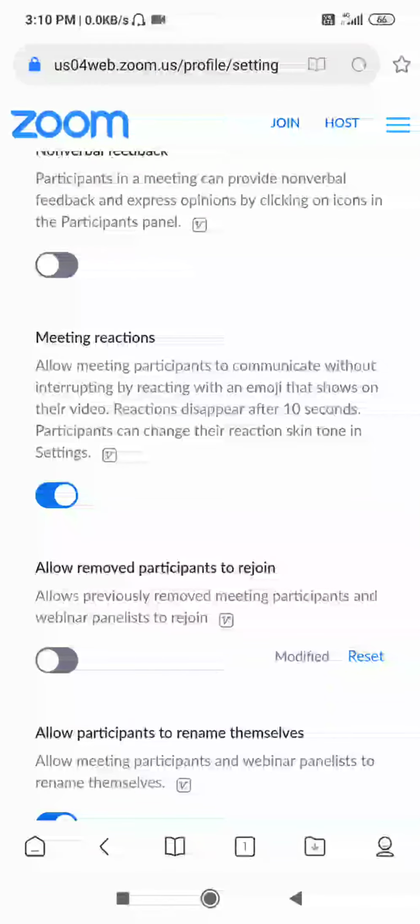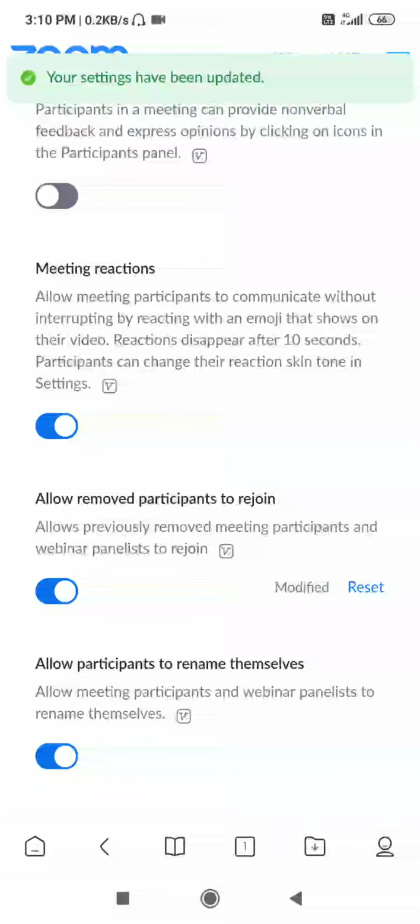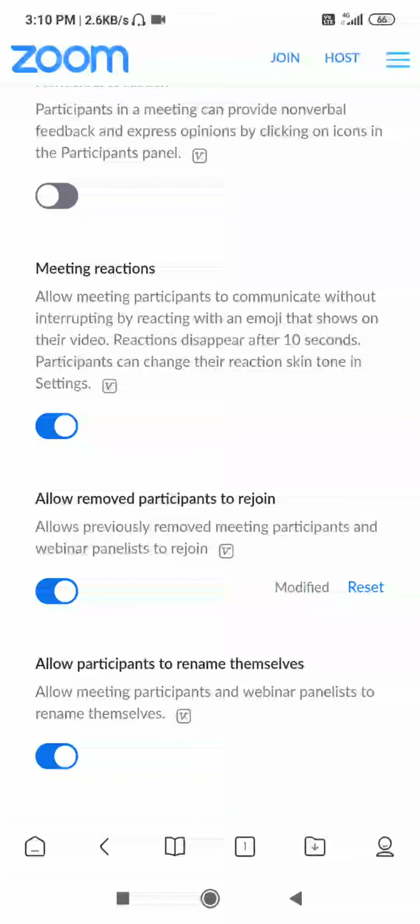Then here, allow removed participants to join. We have to click on yes, which means we have to switch on this option. That means if we remove any student from the meeting, then they can rejoin again.